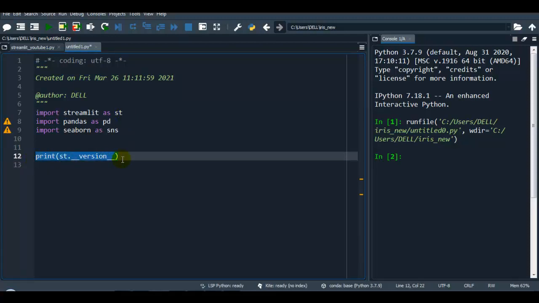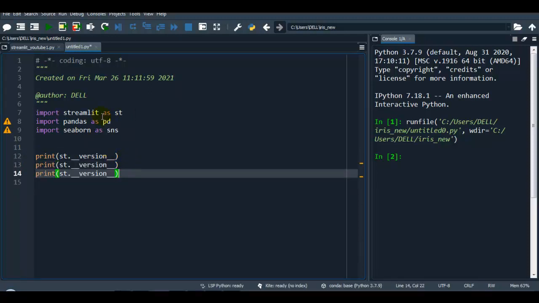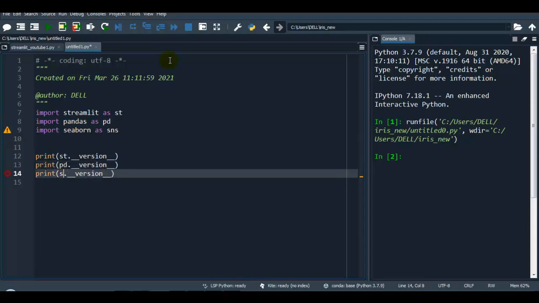Let me copy this statement and paste it 2 times. For pd, we want to know the version of pandas installed on our local machine, so pd.__version__, and the same for Seaborn, sns.__version__. Let me execute this file.